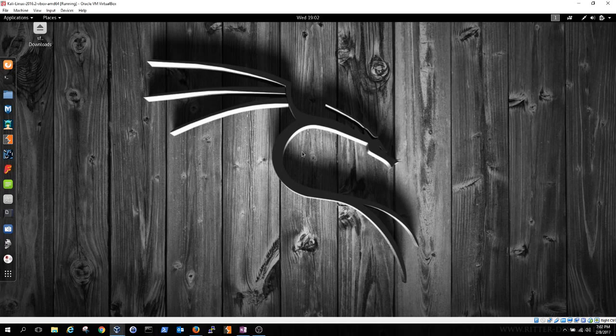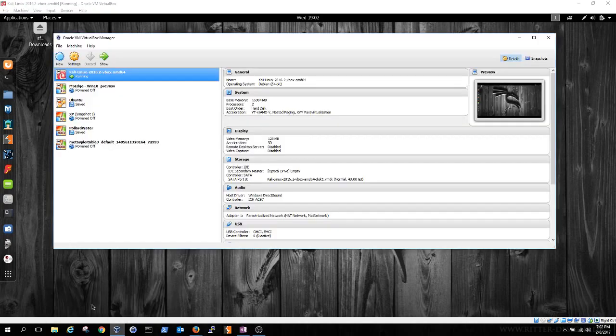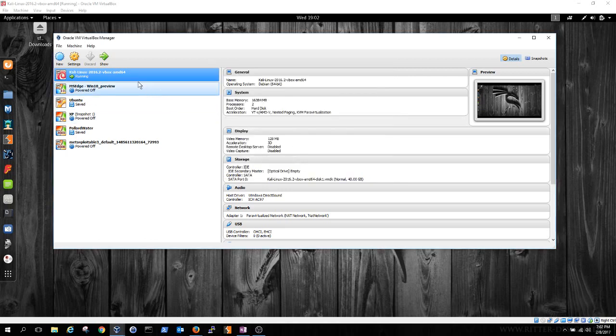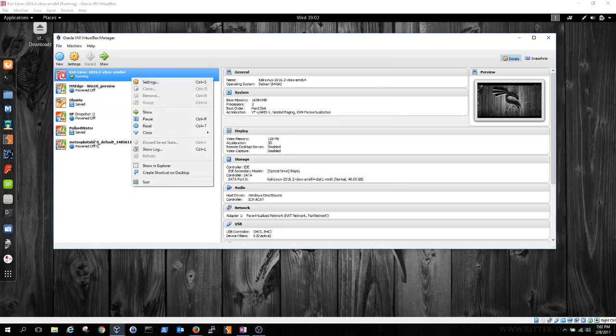Okay, the first thing I want to talk about is setting up a virtual lab. So here I'm using VirtualBox. And the one thing that sometimes people miss when they're setting up a VirtualBox lab is the network. So let's look at the preferences, network. Now the different ways that you can have a virtual machine set up